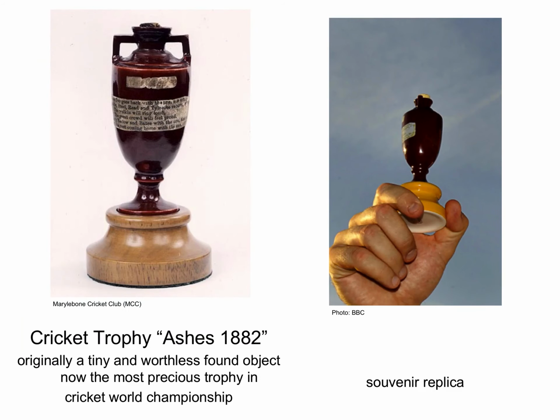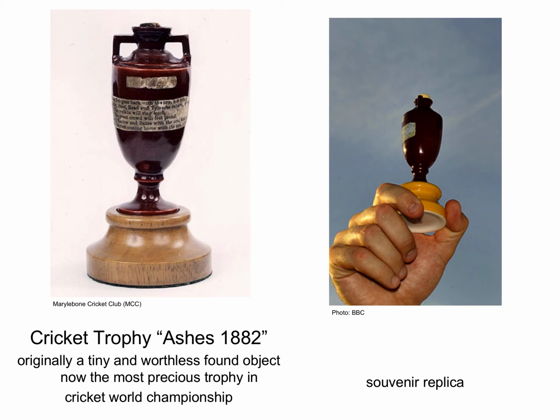aesthetics. And one of the most interesting ones is the cricket trophy for the Ashes that was started in 1882, and they needed a trophy for the cricket world championship. And somebody found this very small little object in a junk shop on the left. It's an amphora shape. And they decided to just use that little, ordinary, quite dismissive little object